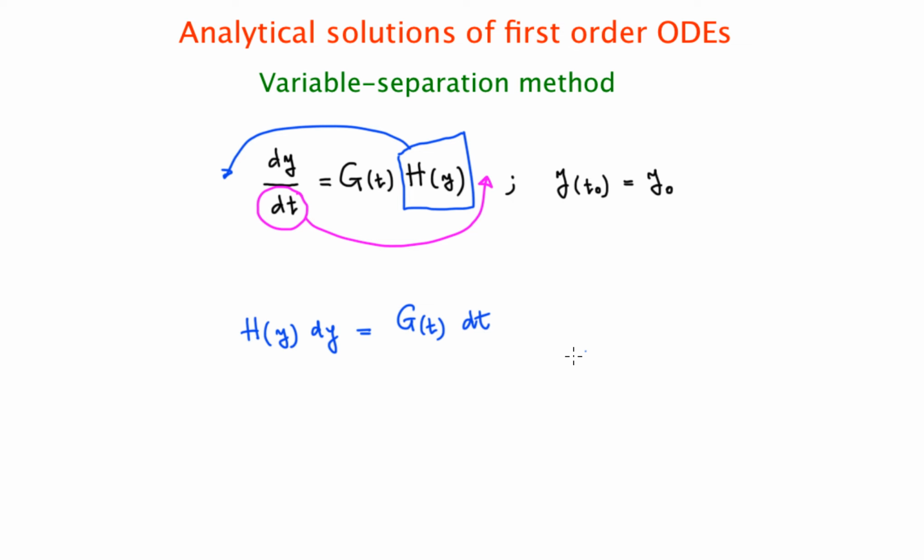Once we have this, now we can do the integration. When doing the integration, we're going to put the limits of the integration in order to implement the initial condition that the y function is satisfying. So it basically means that we are going to consider the integration from some initial time t0, where the function y takes the value y naught, as specified in the initial condition, to any time t where the function is going to have a value y, because we want to have the value of the function y